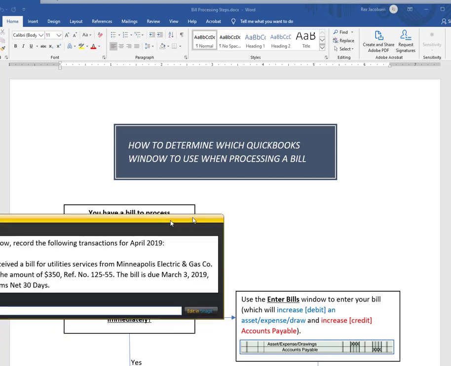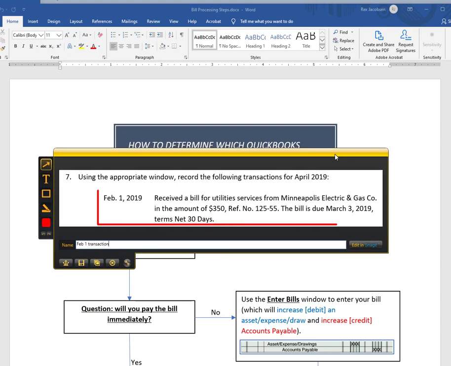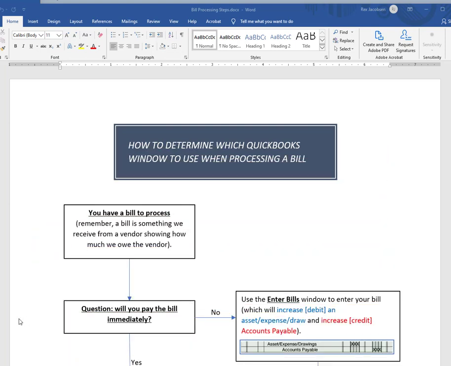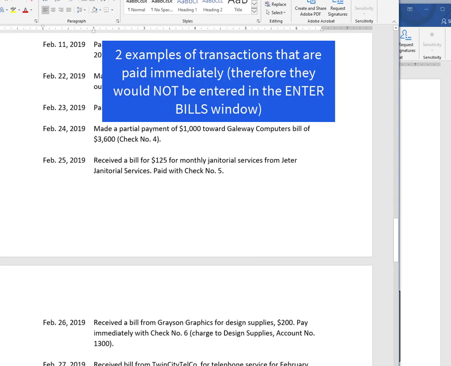So we're going to look at the description of the transaction, and notice that nowhere in the description does it say that we are paying. If we did pay it immediately, the transaction would give us a check number and or it would say it was paid immediately. Now, if you want an example of bills that are paid immediately, so you can kind of get used to the difference in the wording,